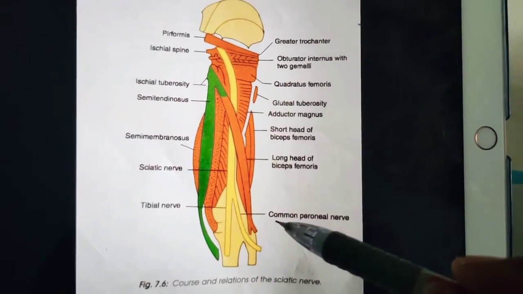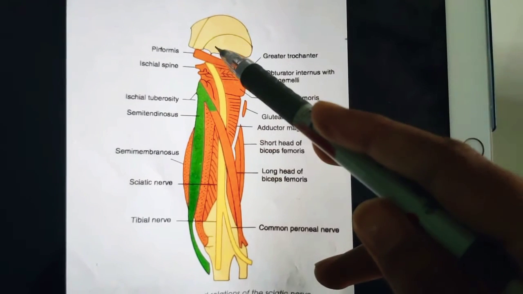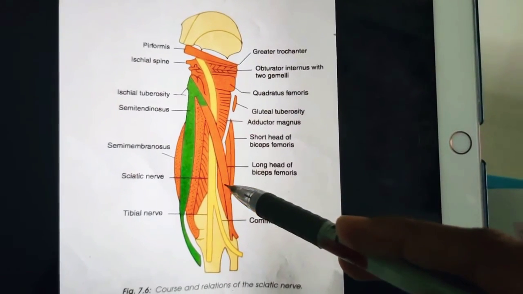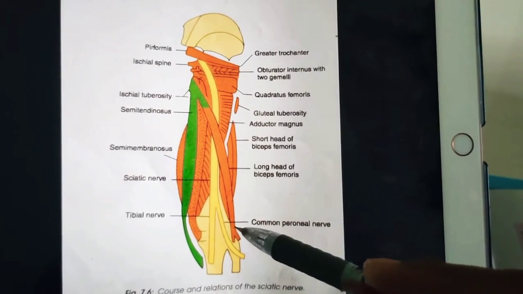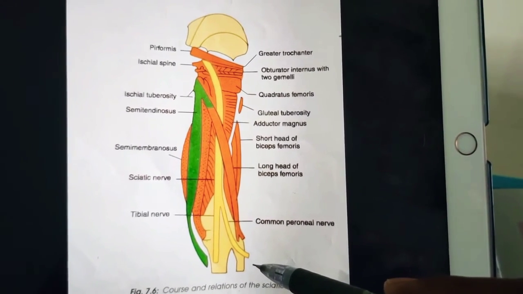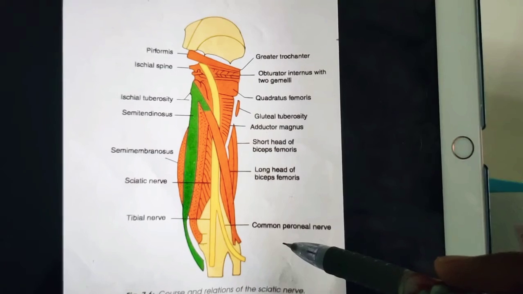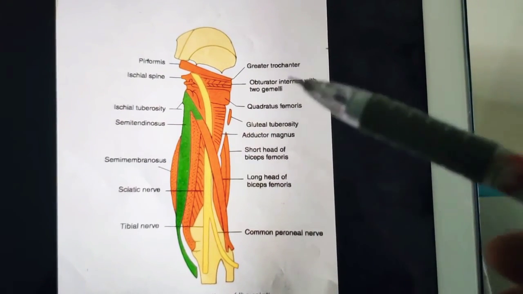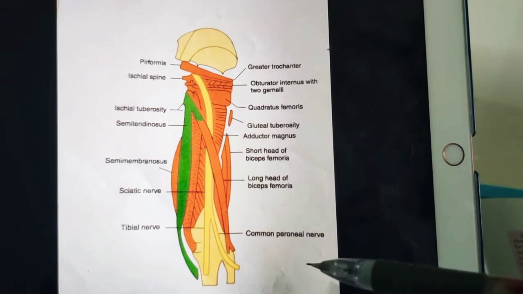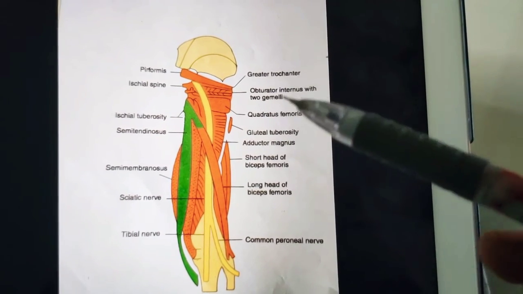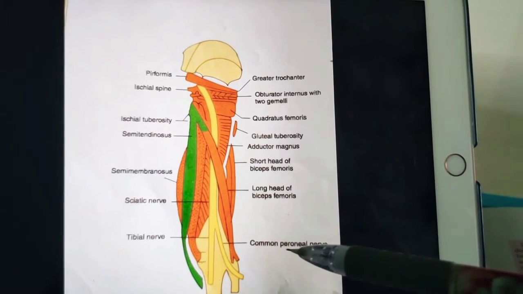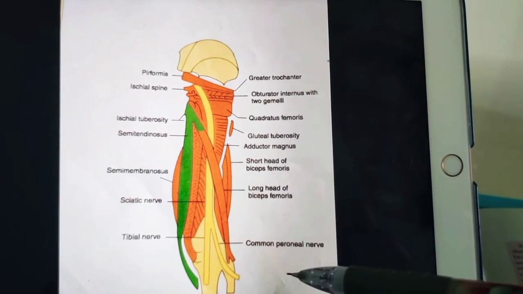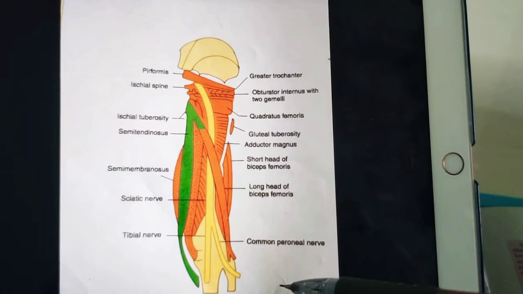The pain usually begins in the gluteal region or even higher and radiates along the back of the thigh and lateral side of the leg to the dorsum of the foot. So from the lateral side of the leg, anytime you're getting pain along the dorsum of the foot, that is of course sciatica. This is usually due to compression and irritation of one or more nerve roots forming the sciatic nerve. The nerve roots are from L4 to S2, so any of them may get irritated and this may lead to this problem.